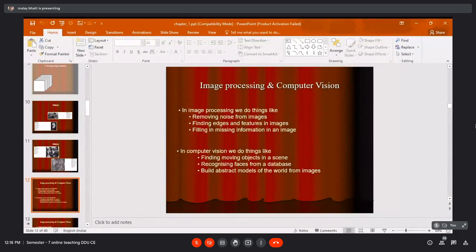So when you take a picture, you know that in this picture this window is damaged, so some portion of that window is missing. What you can do is take the adjacent area of that window, and from that you will fill that missing gap. So it is known as image inpainting. Also you will find a lot of images on Google related to image inpainting.